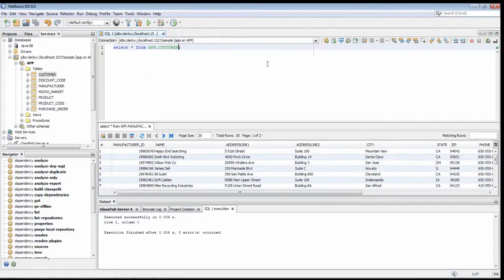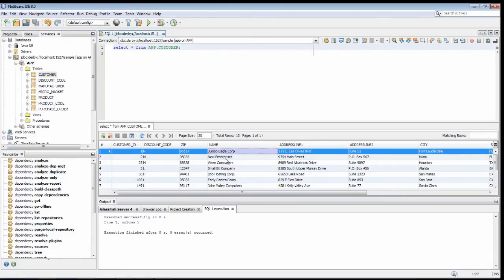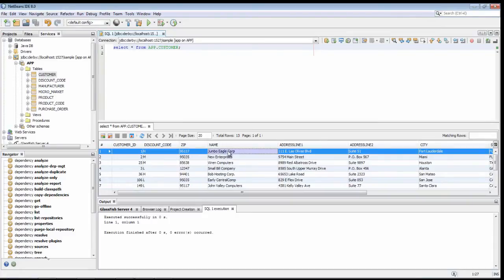What we're going to work with is the customer table. And here are the customers. You see here the first three customers are called Jumbo Eagle Corp, New Enterprises, and Ren Computers. So what you want to create ultimately is a CRUD application, create, read, update, delete. Those are typical types of applications that you can use Java EE for very well. So here we can see our data,